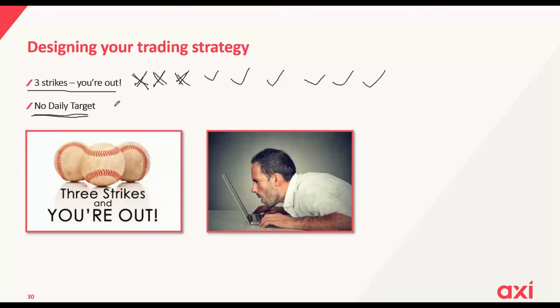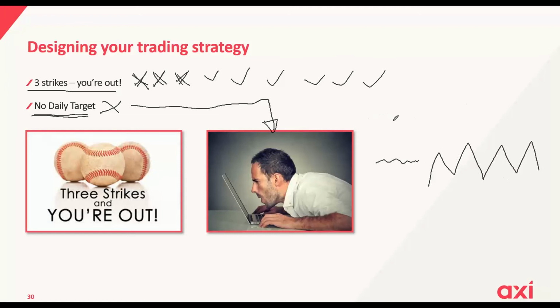Well, guys, what I can tell you is don't set a daily target, because if you have a daily target, it will lead you to do this. You start staring at the charts. Imagine now it's Christmas. The markets are moving very slowly. If the markets are not moving, you cannot trade. If the markets are moving, you can trade. So on a day where the markets don't move, there's no reason to trade. You should only trade what the market gives you. If a market gives you 10 opportunities to trade a day, yes, you trade all 10. But if a market gives you 0 opportunities to trade a day,